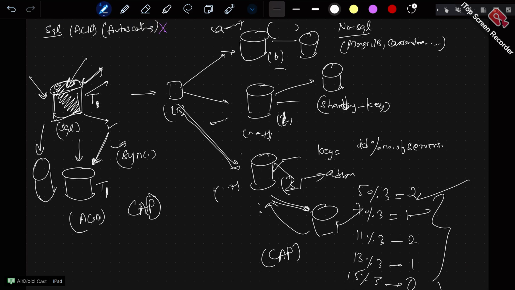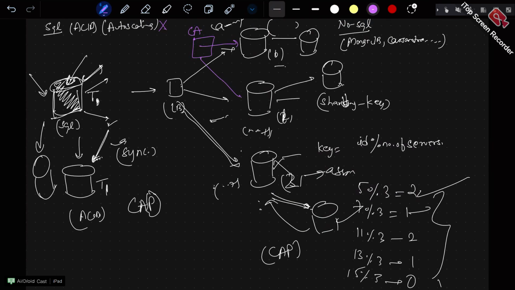Because if they think that they are going to auto scale and also provide ACID property, they might need a lock. That means if they wanted to provide ACID property, there should be some central authority that will check whether the data between all of these are consistent or not, right? So MongoDB has provided this feature that in some way they are providing ACID property, but you have to lose on your availability of the system.